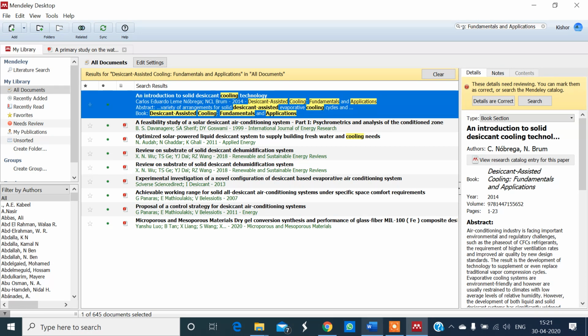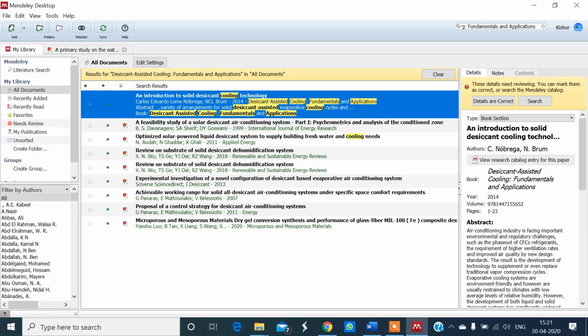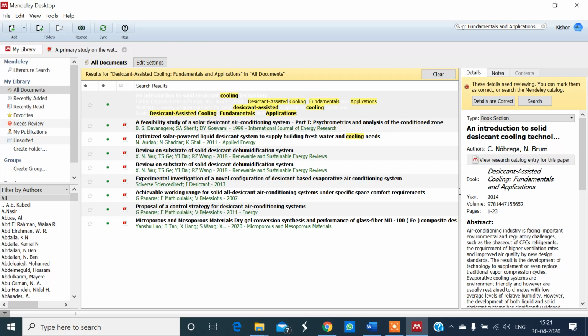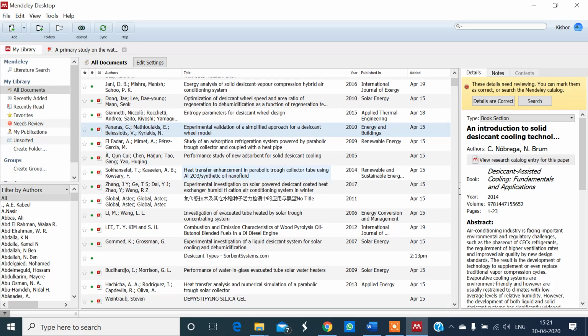Now let us see how to give citations and references. Open the Word document. I can use a paper which is available in Mendeley directly.